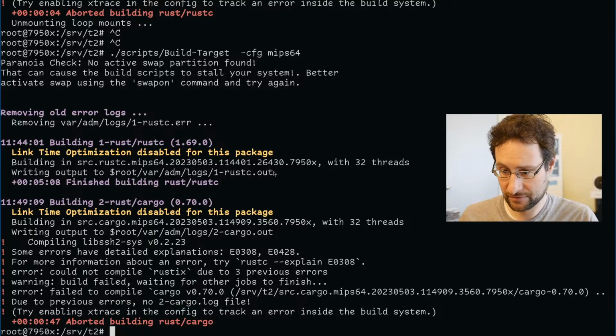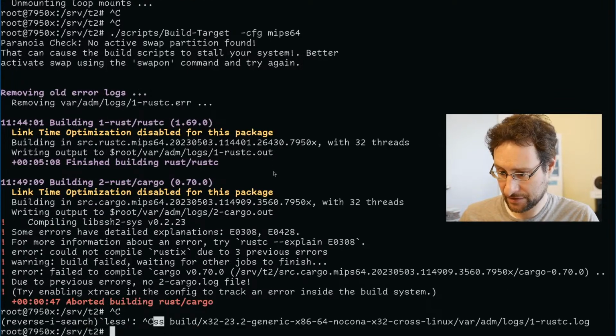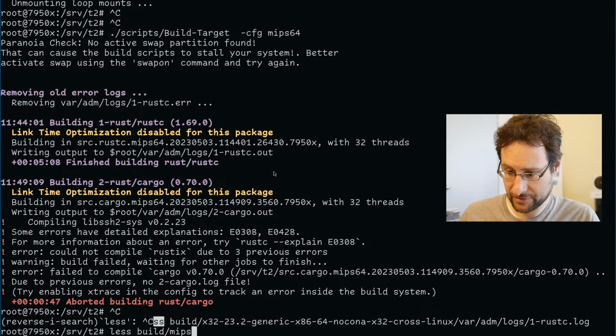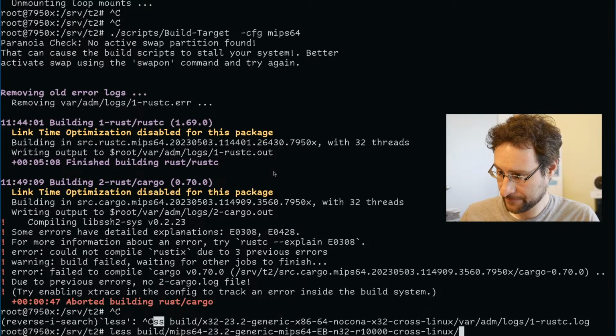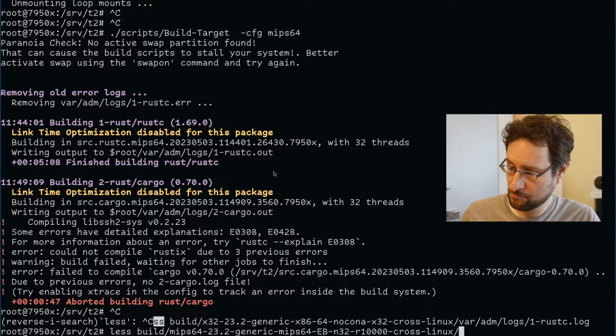Okay, Rustix also fails here. Why does this fail like it just failed before? Which did we patch? We patched the compiler metadata. Rust itself built.